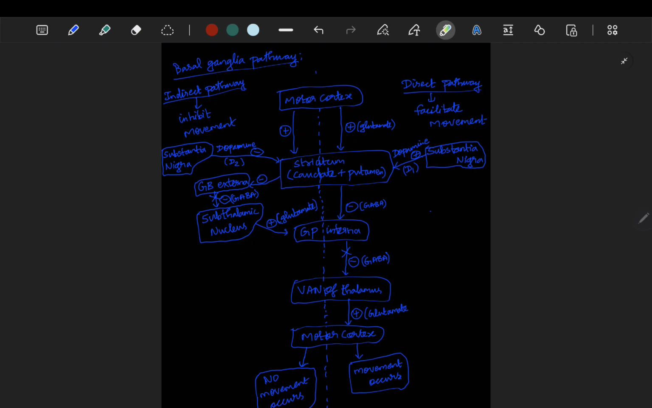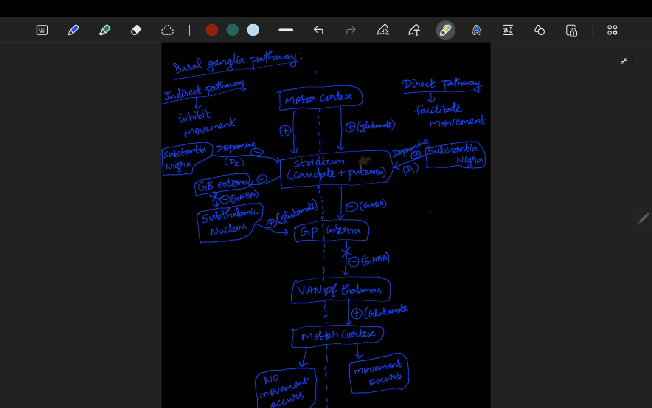Now let's see the substantia nigra. Substantia nigra has both excitatory and inhibitory stimulus. So first, in the direct pathway, the substantia nigra releases dopamine, and through the D1 receptor it stimulates the